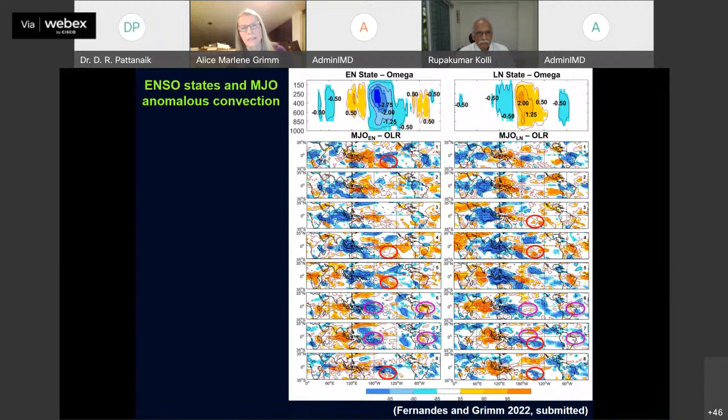So this influence of the background state of ENSO can, and there are many other examples, change the anomalies associated with different phases of the MJO. Now, let me emphasize that during phases 7 and 8, and here, and also here,